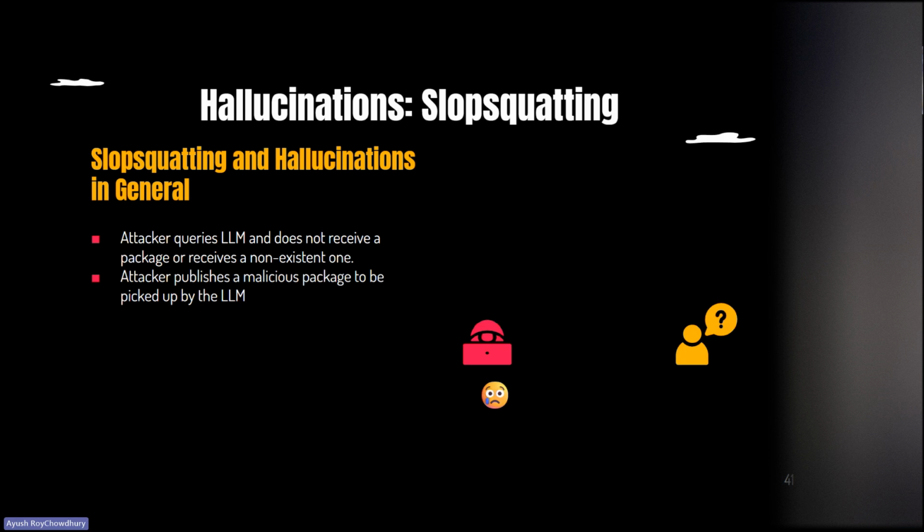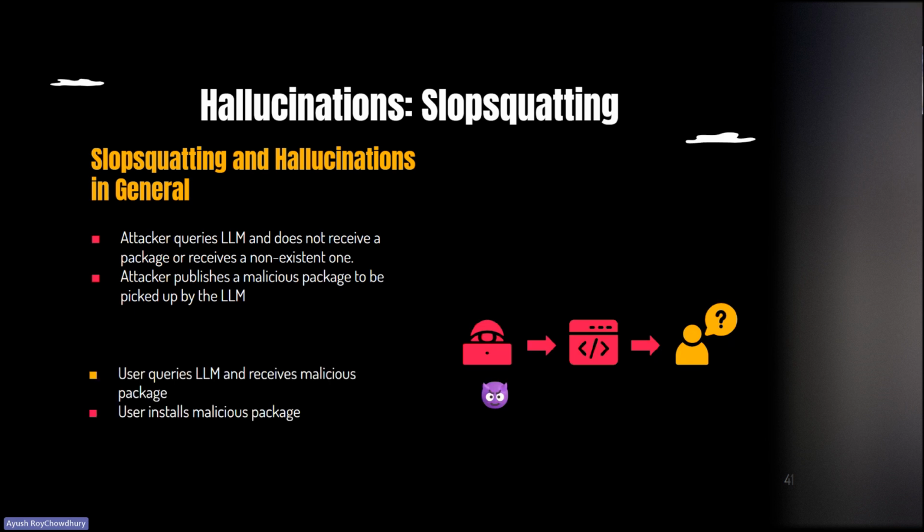The attacker sees that no such package exists, and they publish a package to PyPI or some other database that a large language model would query to get packages. And they use that same optimization trick that was used by PoisonedRAG to then affect the user, because the user will then query the LLM,